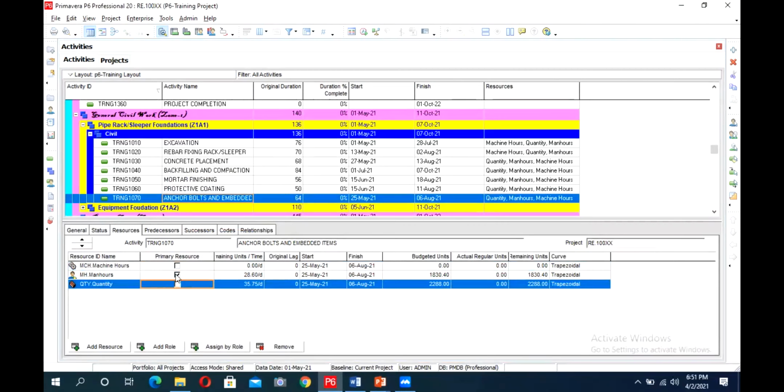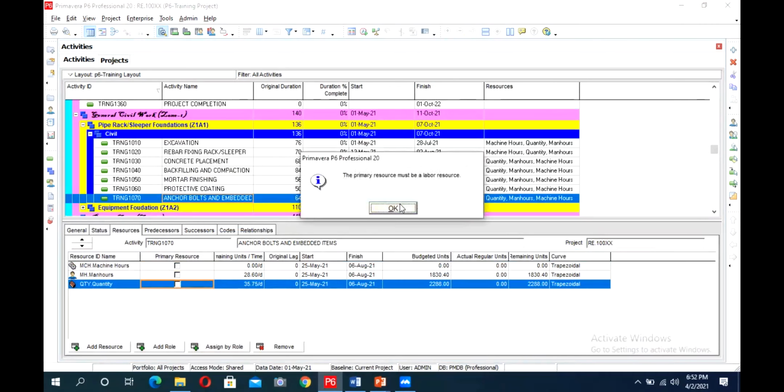Basically, there is no impact of checking this column. Okay, so can we check any one as primary resource? Basically, the primary resource only takes the labor resource as primary. Okay.